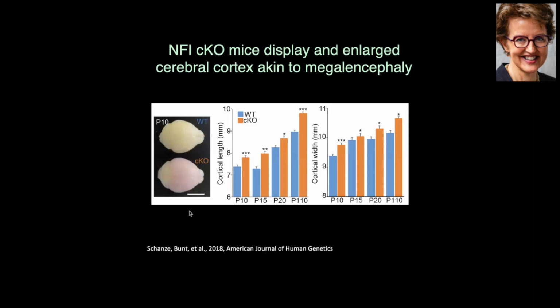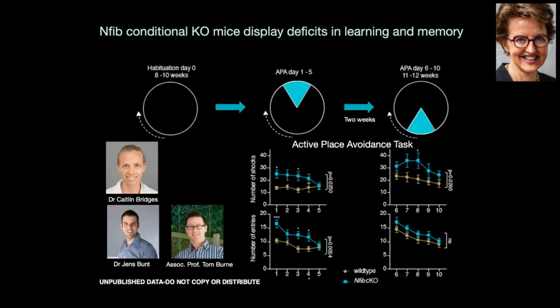And when we looked at these mice, we actually found that, in fact, they had an enlarged brain. So what happens is that postnatally, the switch has started to occur, although it was delayed, but now you have many, many more progenitor cells producing more cells within the brain. And in fact, the cortex begins to become much, much bigger. And these mice do have deficits in